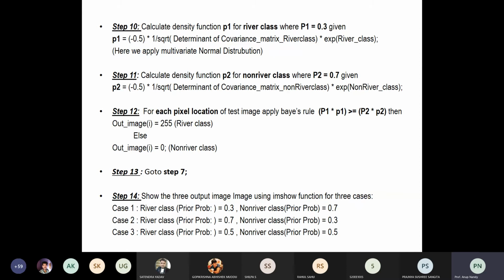irrespective of R, G, B and I. So the R band, G band, I band, all the images are being used for training purposes. But whenever you do the output, your input is that many bands, but your output is only binary images. Here you are not going to use any pixel intensity values of R band, G band, B band, and I band. The only intensity values that you're going to put are 255 and 0.